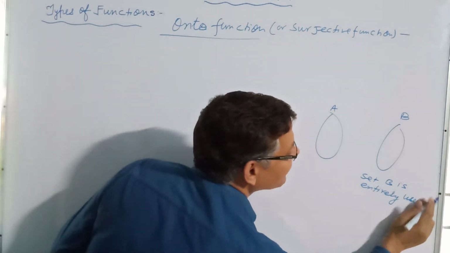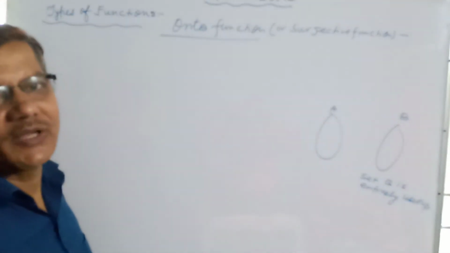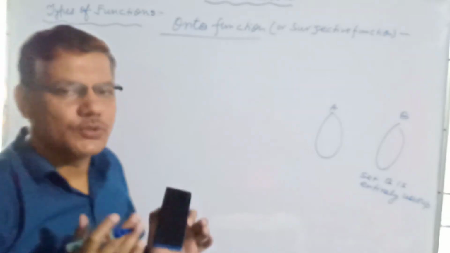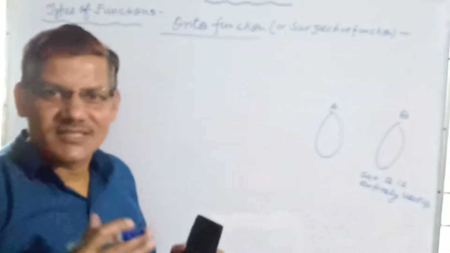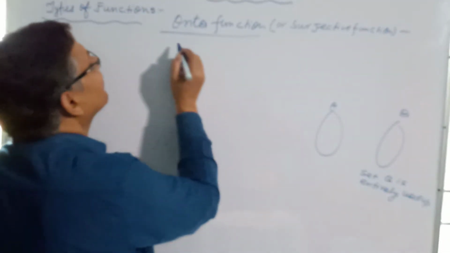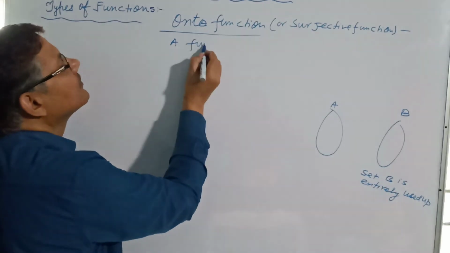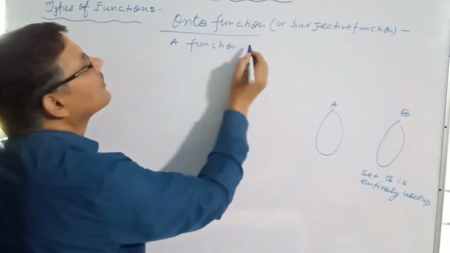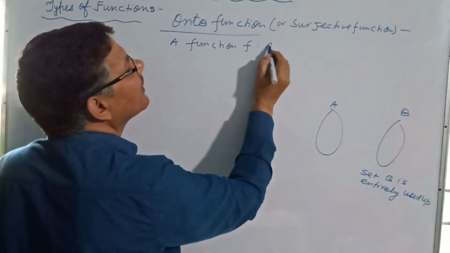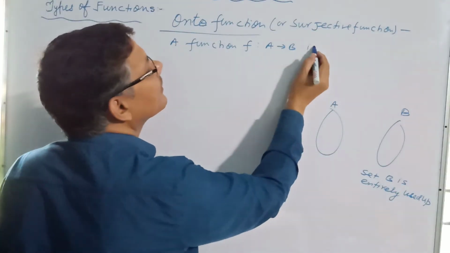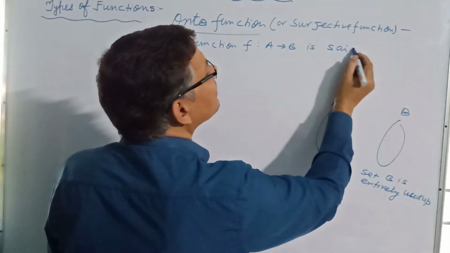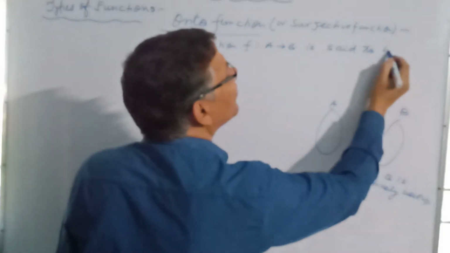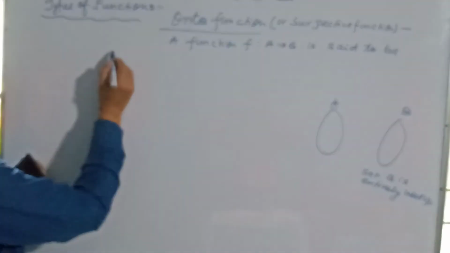It means there is no element in set B which does not have its pre-image in set A. So a function f from A to B is said to be an onto function